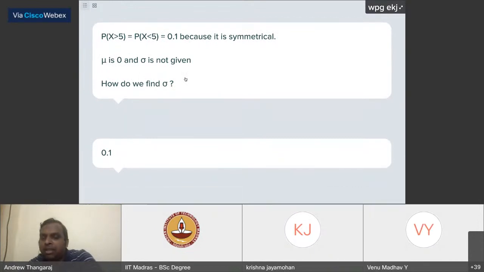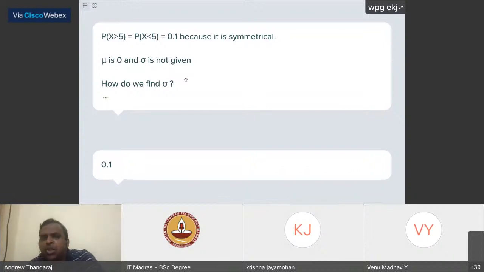There you go. Presta has given a very clear answer. You need to find, in the z distribution FZ, what value of x will give you 0.1. You have to find that. And then what do you equate to that value? How do you solve for sigma? Supposing I find that value, if you want, I can look it up and tell you that value in Python. It's pretty quick. Supposing that value is some minus something. How will you find sigma from that? Minus 5 by sigma equal to that value. Are you sure it's minus 5 by sigma?